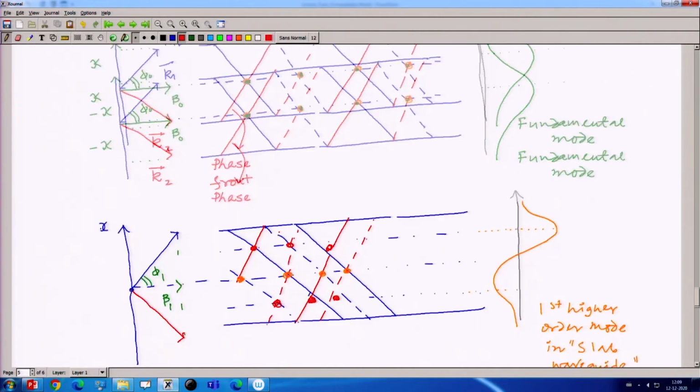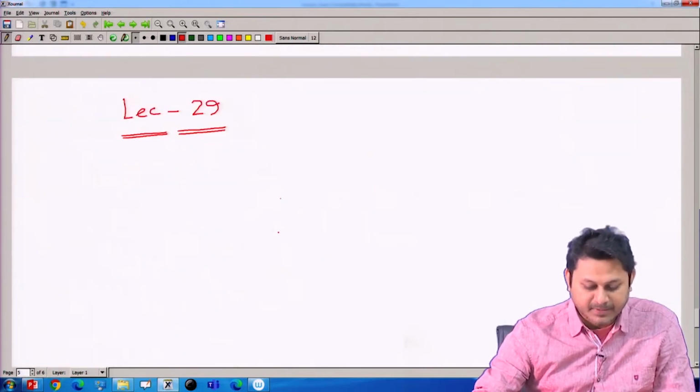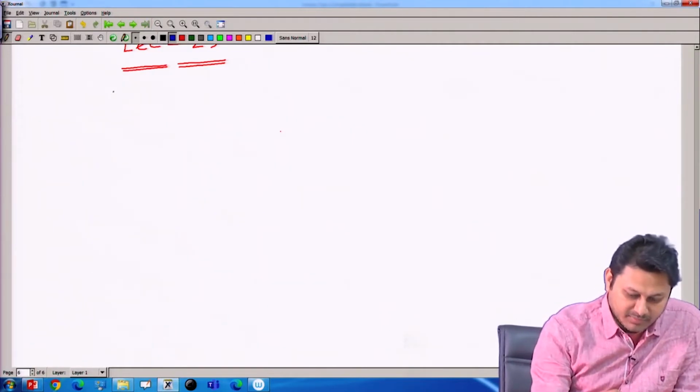So, in the last class we have an idea that how the modes is propagating and for fundamental modes and higher order modes, how the interference of the phase bond play a role to construct the structure of mode, etc. In today's class, we will going to learn about the power associated, what is the amount of power, we are going to calculate rather, what is the power